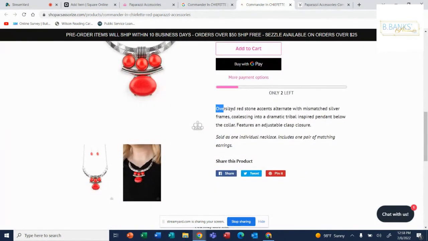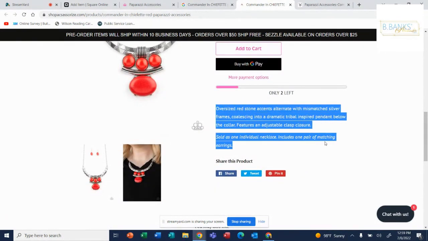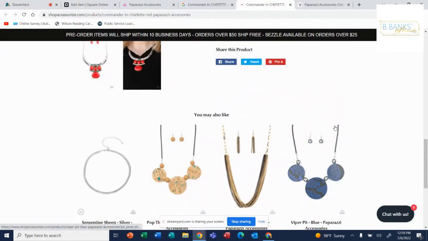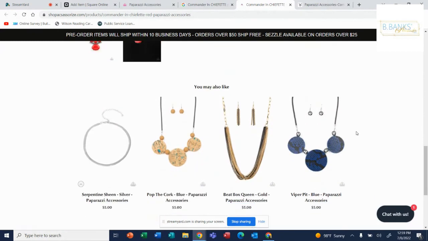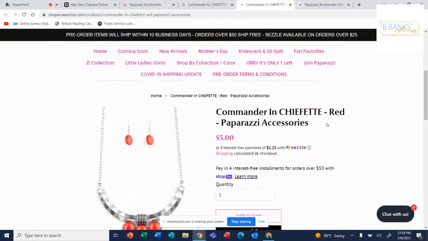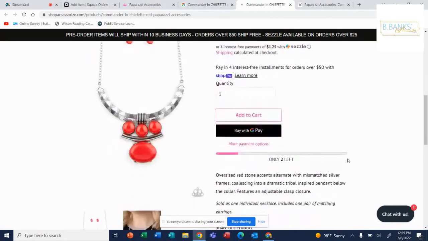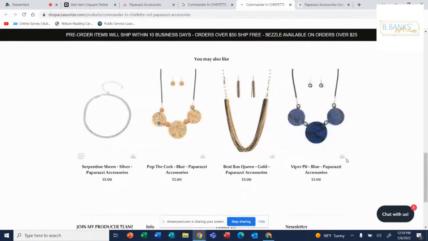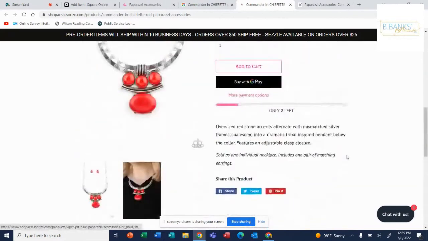Let's see. She has oversized red stones, so she has a description. We could take that, if we have it in white, and use that same description but put white stones, mix and match, silver if it's silver or brass or whatever other color. Just change the colors and use that description so that it still gives that Paparazzi flair in the description. And then, does she have her item number? Let's see. I don't see the item number for this particular item,